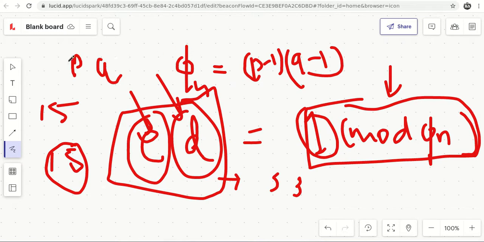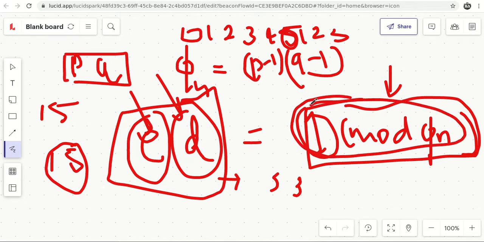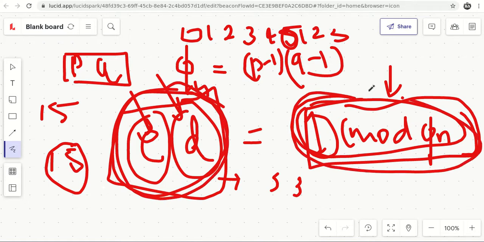because we need to predict the period of multiplication, like 0, 1, 2, 3, 4, 5. If we can calculate this, then we can also efficiently factor. So this is a factorization problem, this is a period finding problem. So we convert the period finding problem to a factoring problem and thus find these two numbers.